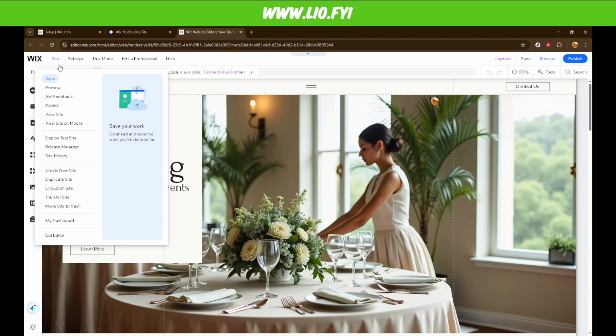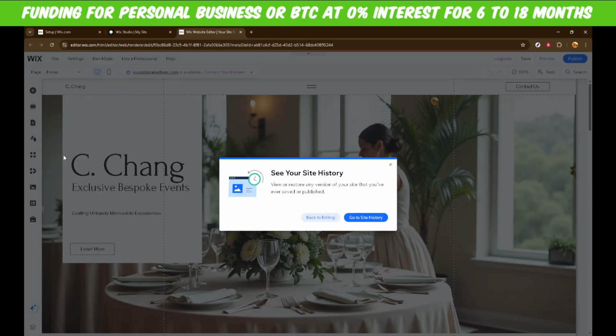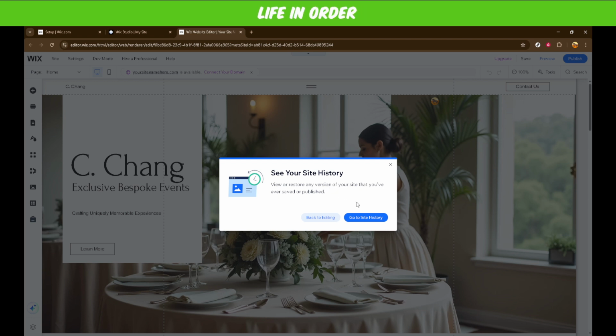Following this, navigate to Site History. This critical section is like a time machine for your website, housing every saved version of your site, allowing you to browse through past designs. Here you'll access every iteration of your site in chronological order, giving you the flexibility to revert your site to any previously saved state. Now, within the Site History section, there will be an option that reads, Go to Site